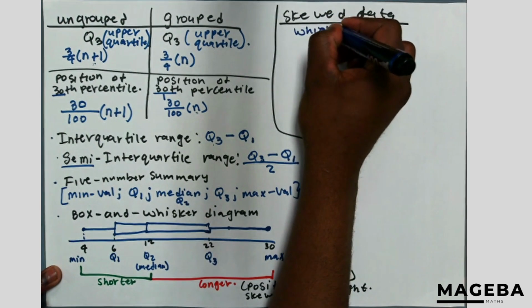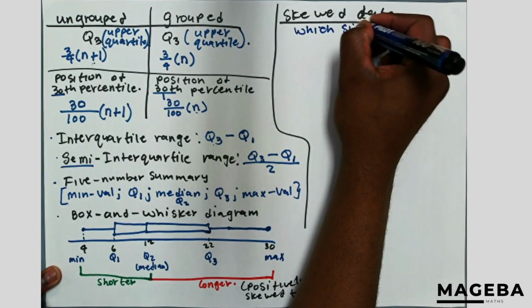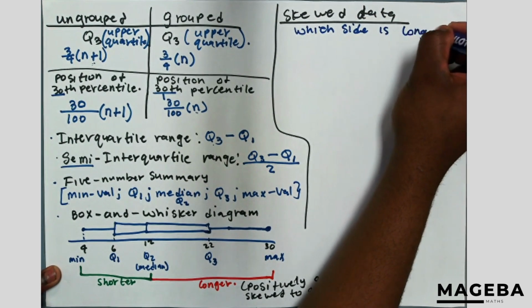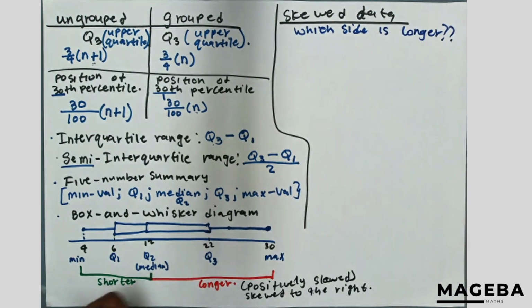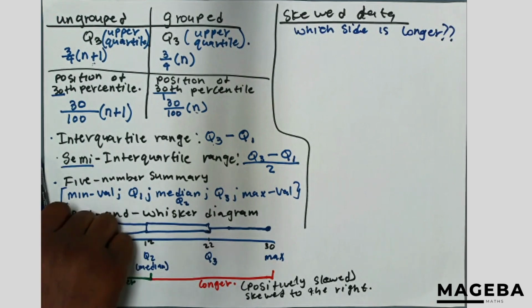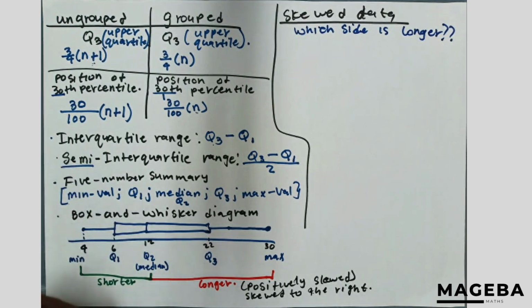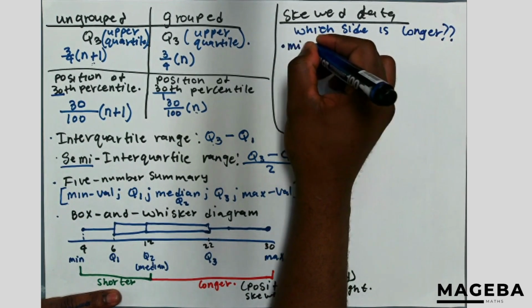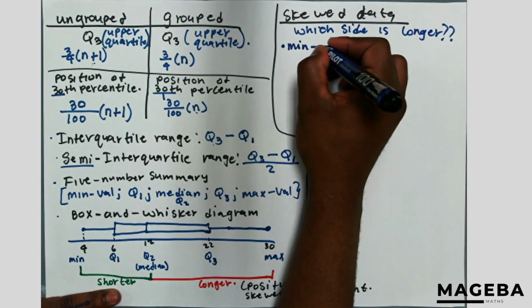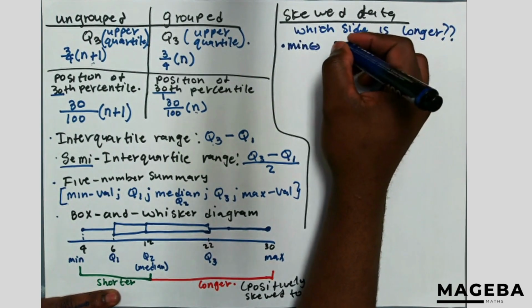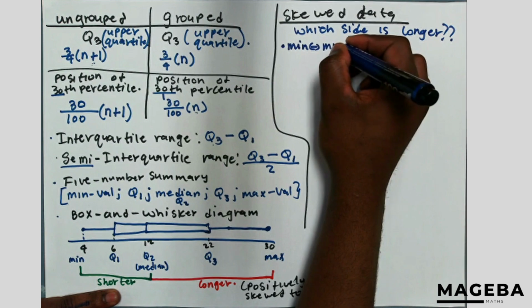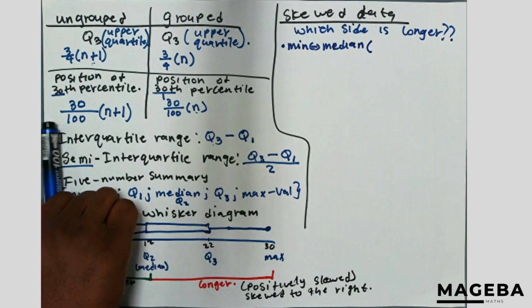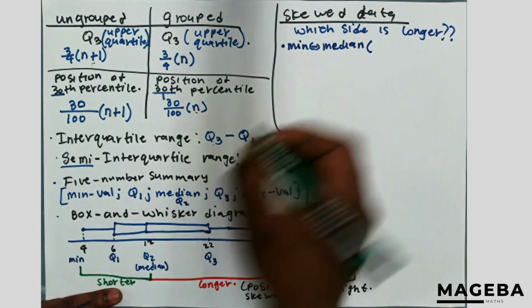That is the big question here. If from the minimum to the median it's longer,